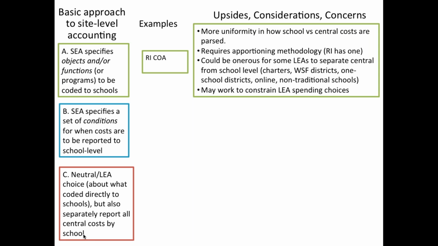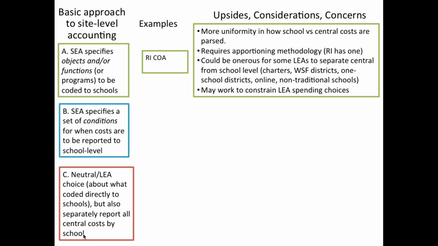And in non-traditional districts as well, online one school districts, things like that, the distinction between central and school level might be just less apparent. And the last concern, and this was one that came up in our in-person meeting, is that